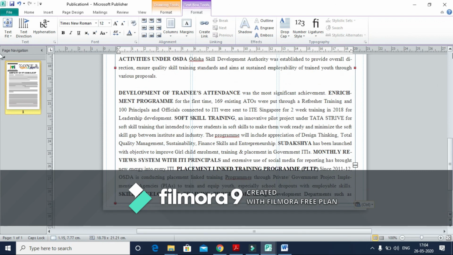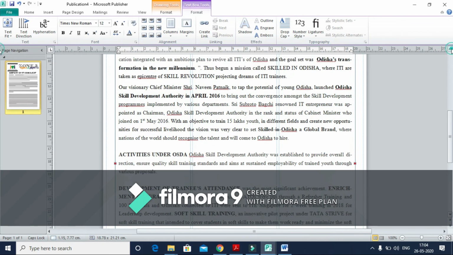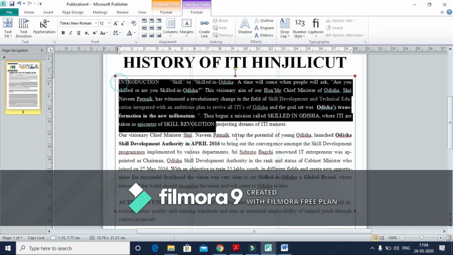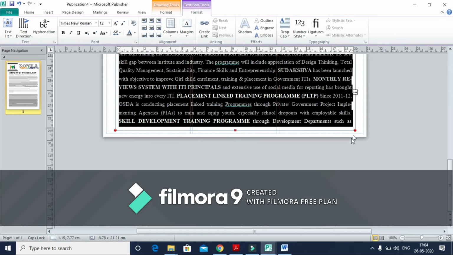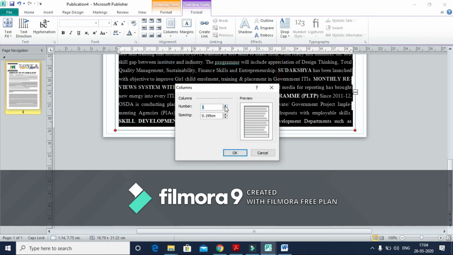So now the best part, we are using Microsoft Publisher. Now the best part is yet to come. As you can see, the documentation has been completely pasted over here on this page. But what is the magic then? How can we change it into the specific grid? For this, again we have to select the document of the first page. We have to go directly to format, column, and then more columns, and as you know, we have already selected 3 columns, and the